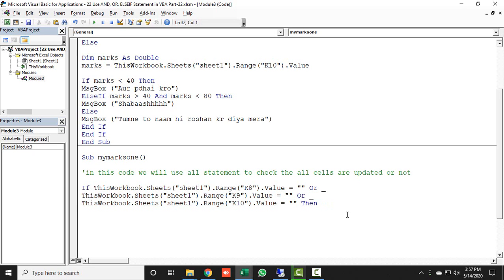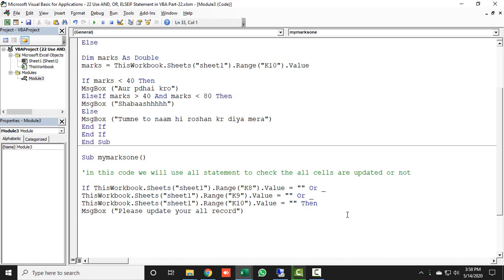Then run this code and open a message box and tell that please update your all record. It means if any cell is blank in this data, then the message box will open and it will say that please update your all record.